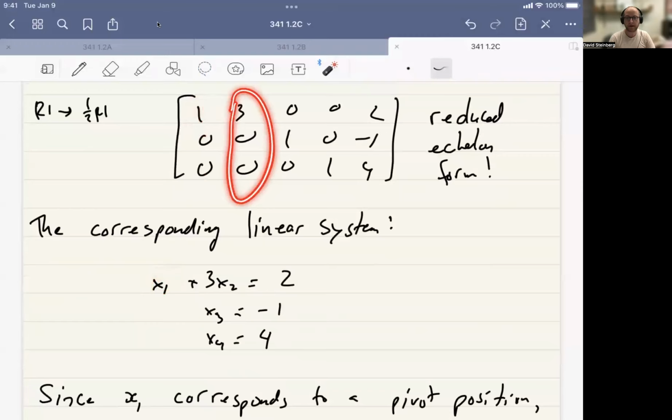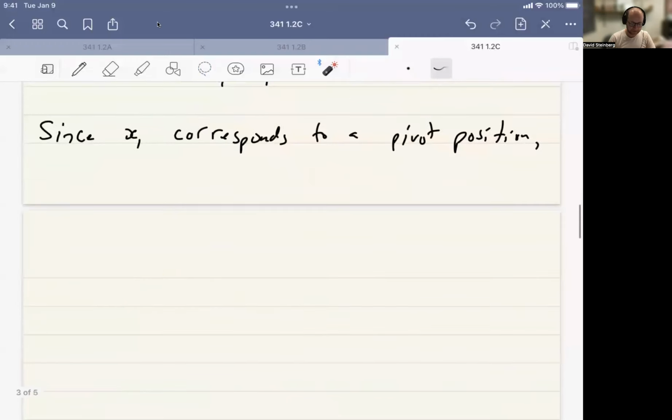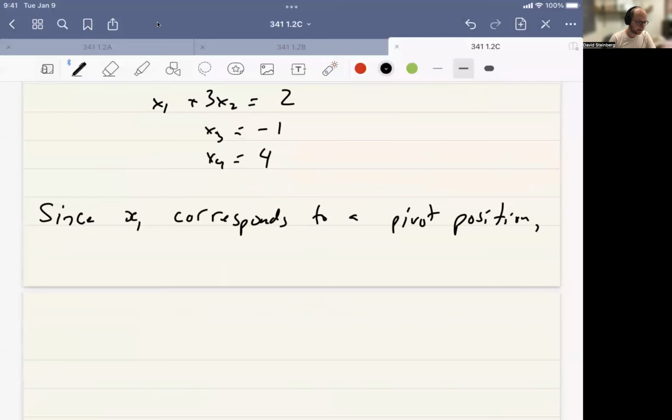For x2, there's no pivot in column 2. So since x1 does correspond to a pivot position, and x2 does not,